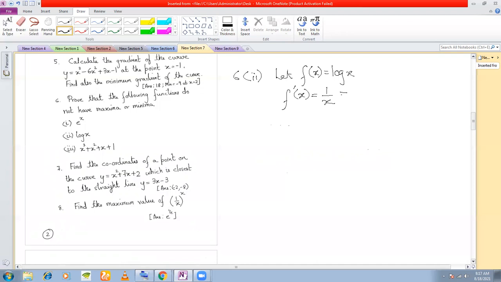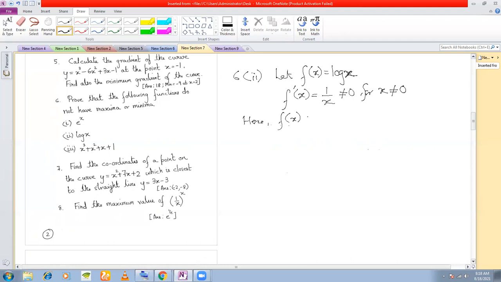Which is not equal to 0 for x not equal to 0. And for all other values, what sign is it going to have? For all other values, this is going to have either a positive sign or a negative sign, right? But fx is equal to log x. That means you cannot have x less than 0. So here,